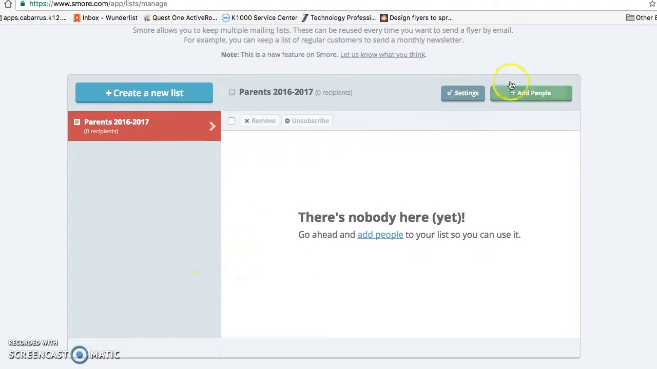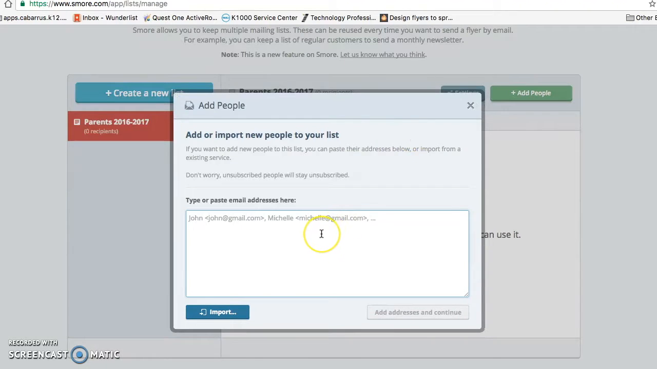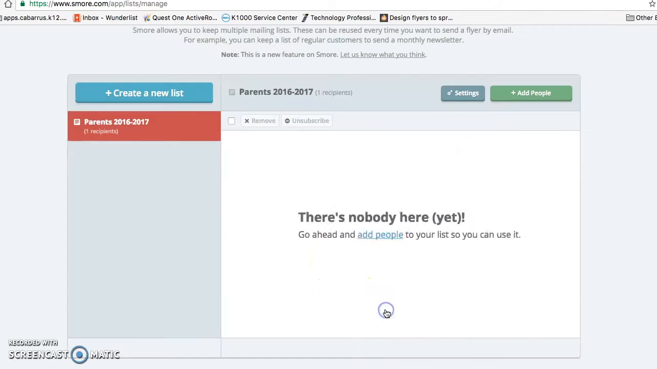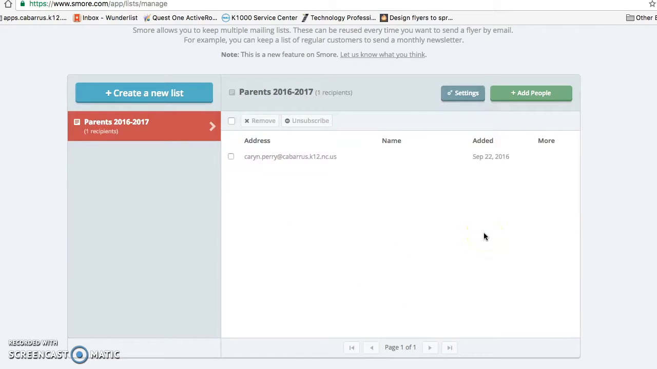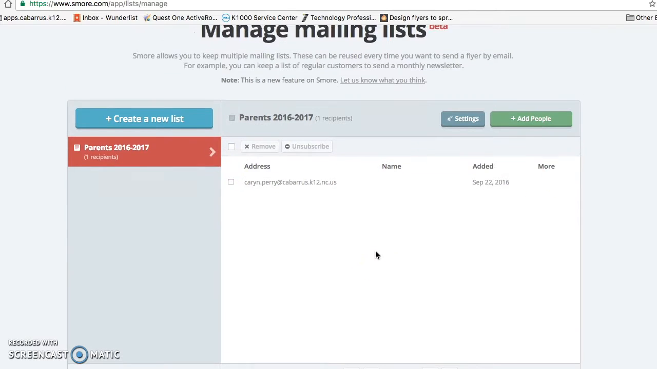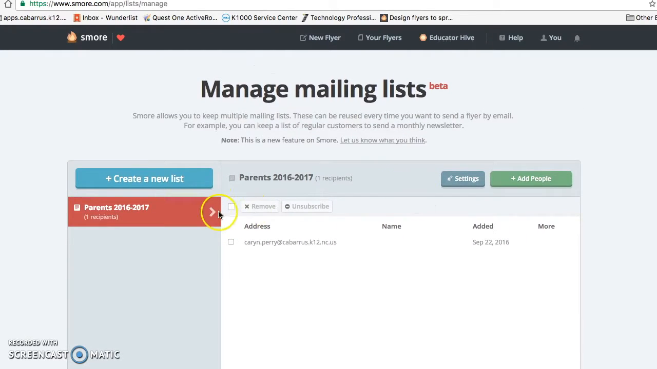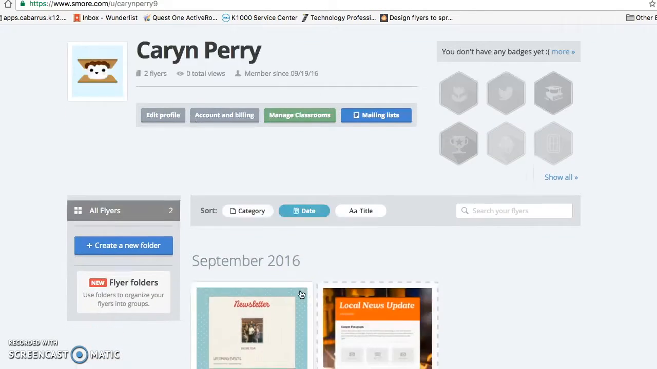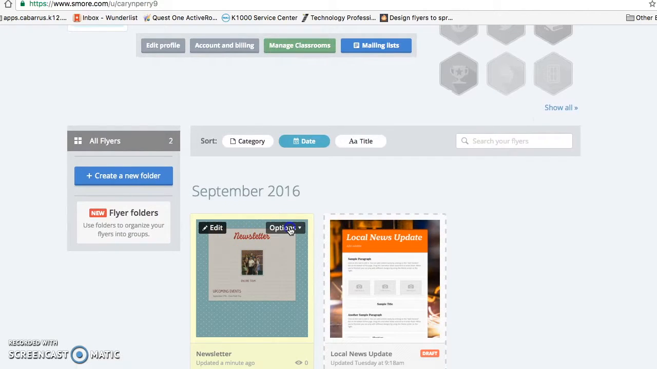Now I need to add people to this list. So maybe I want to go and I want to add myself. So then I can hit add email addresses and I can add it in. And there's my email address into my list. Now, if my list is complete, then I'm good to go. So what I want to do then is go back to my flyers page, find my flyer,